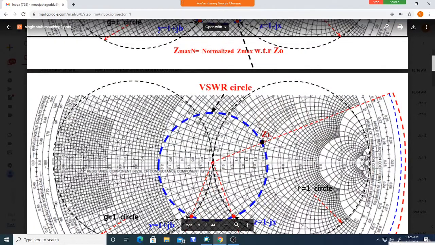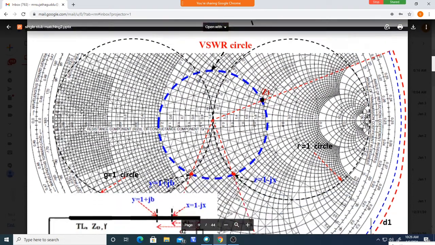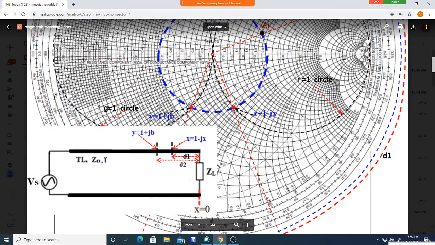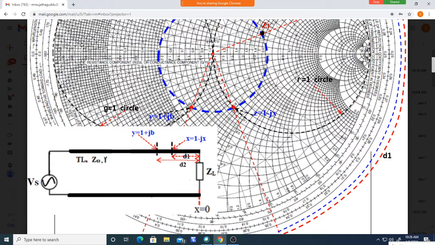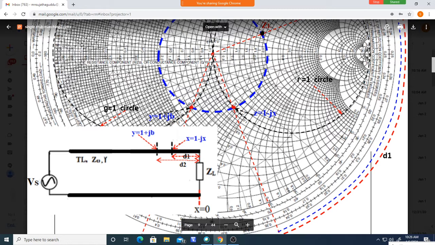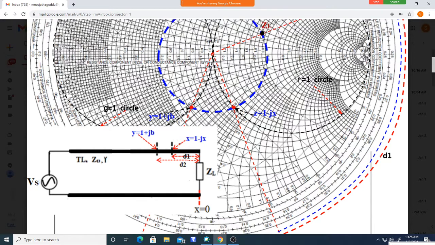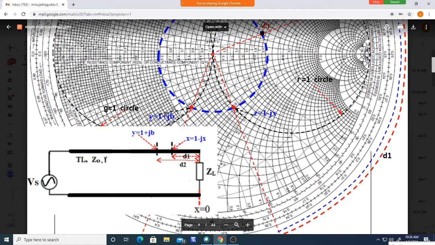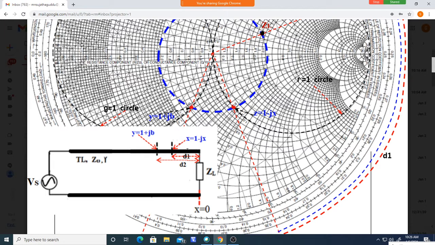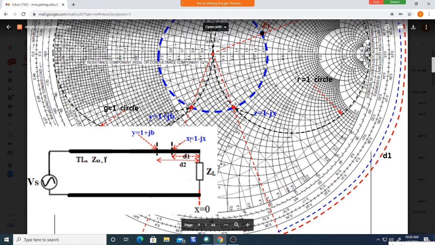You see this point. Here the impedance is 1 minus jx, but the real part is 1 here. Starting from the load, you move like this and you stop here. What is the impedance here? It is 1 minus jx, that means the real part is 1, that is 50 ohm, Z0. You stop here and draw a line passing through this point. See like this. So this point is at what distance? D1. You can measure at what distance this impedance Z occurs.